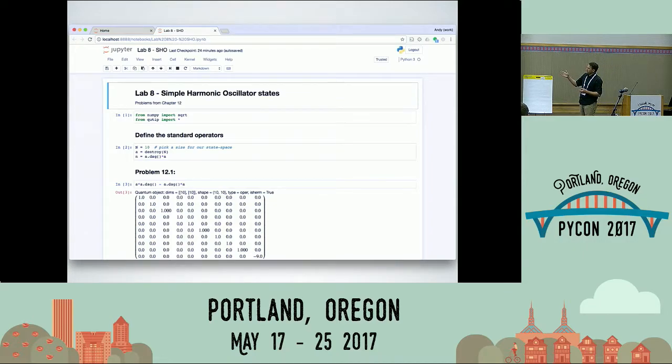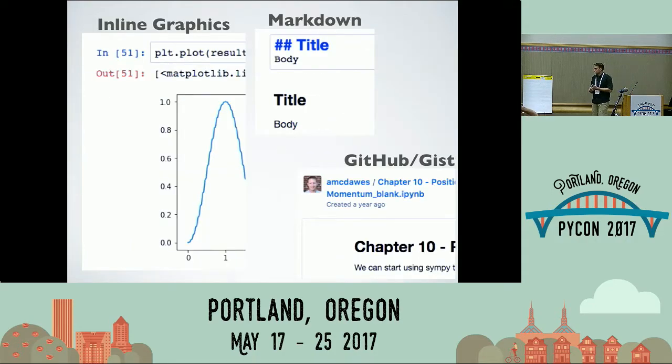But we do a lot of this stuff in class as well as in a lab time, and I'll talk about some course details when we get down to that. And so we have these students working through these notebooks as a supplemental exercise, sort of like they would do their homework. And the main feature that I use is that you can do inline graphics, so they generate their graphs in real time, all in one document. That's familiar to them because, prior to that, we've used Maple and Mathematica a fair bit, so that whole feel is very comfortable to them.